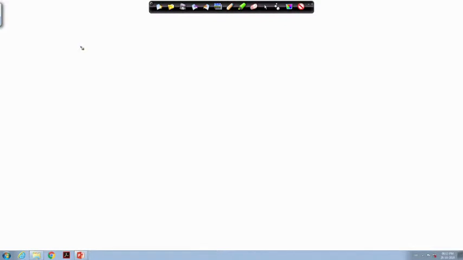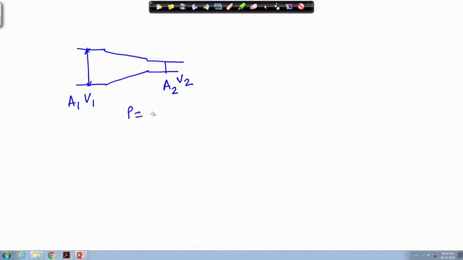you simply have, let us say, flow through a reducer like this, and you ask the student that it is a steady state flow. So, upstream velocity is V1, the cross section at the upstream is A1, downstream velocity is V2, cross section at the downstream is A2, and you mention that most of the fluids that we are going to handle are incompressible fluids. So, rho remains constant, and therefore, from a simple mass balance, rho A1 V1 equals